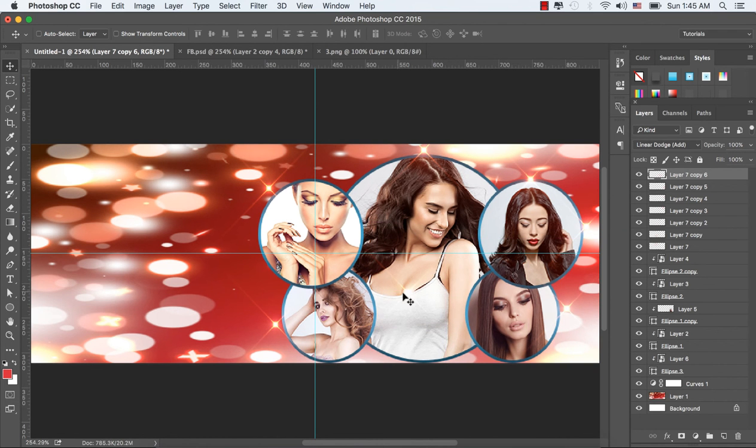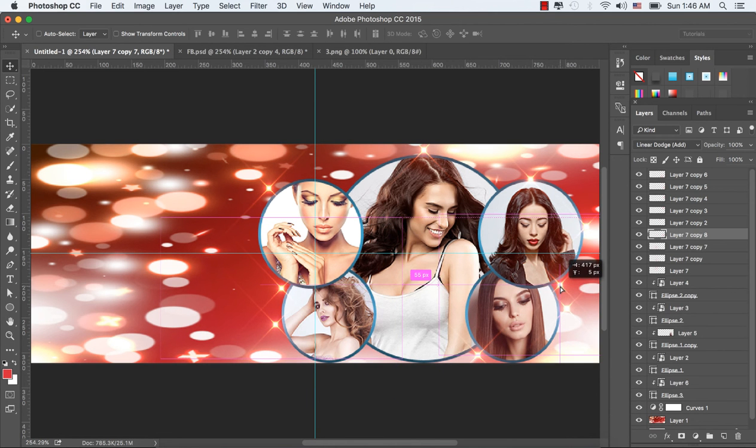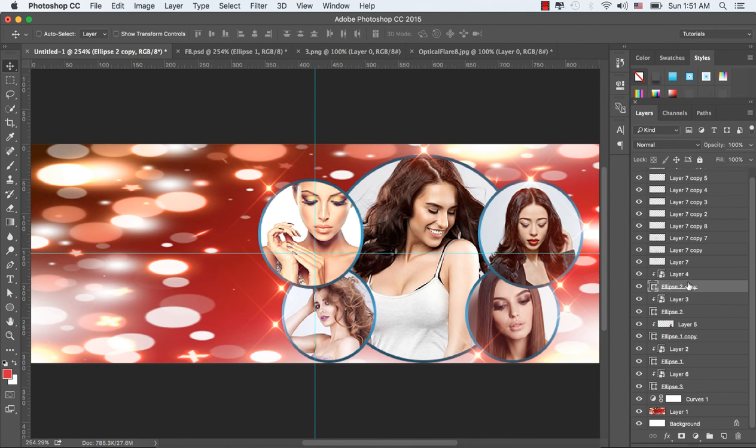Let's make another coffee by holding Alt or Option key and put this between these two round shapes, a small and a bigger one. And make another coffee by holding Alt or Option key and place it in every corner of this round shape.